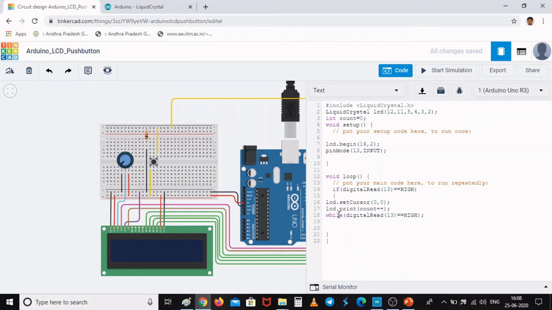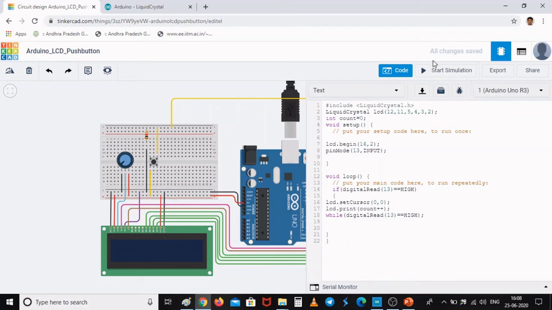How long is it going to do this? As long as digitalRead of 13 is high. You know that a while loop is executed until the expression becomes false. So until my pin number 13 becomes low, these things are going to get executed. That means as long as my pin is high, the count is going to get incremented.